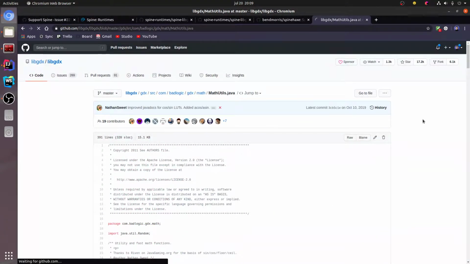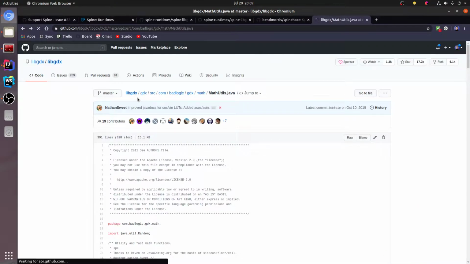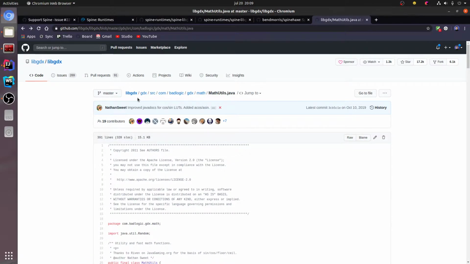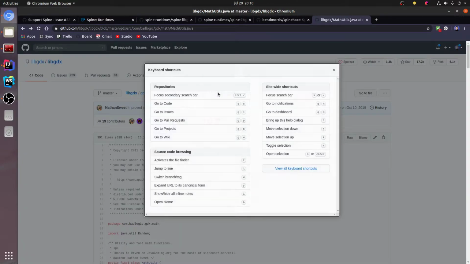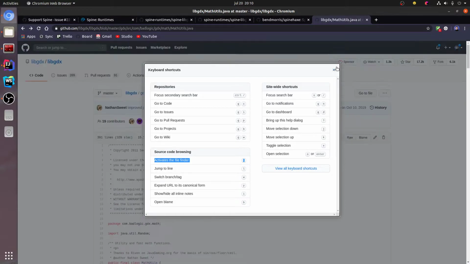By the way, I'm looking for files pressing the T key, so I can just type one class, and in Java projects it just works because the class names... if you press the question mark key, you can see all the shortcuts. I'm using this one to navigate in the source code. So yeah,